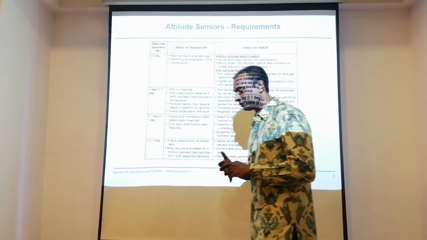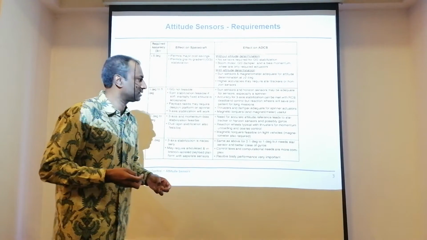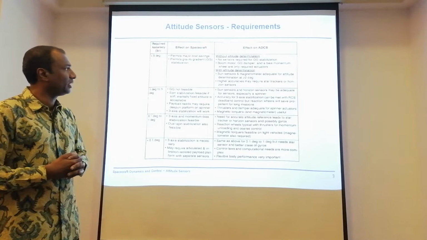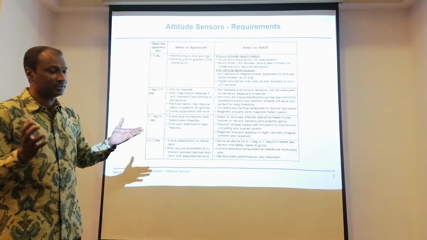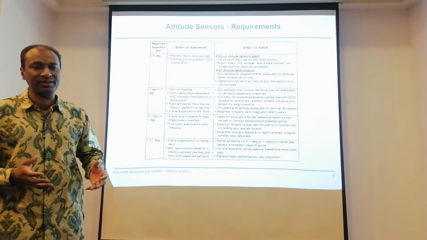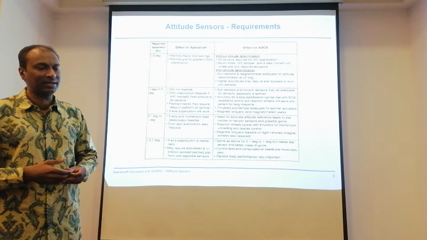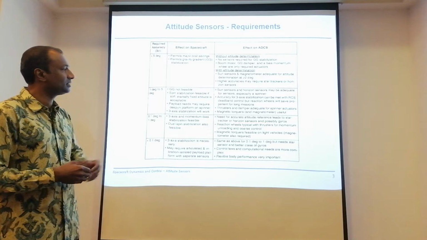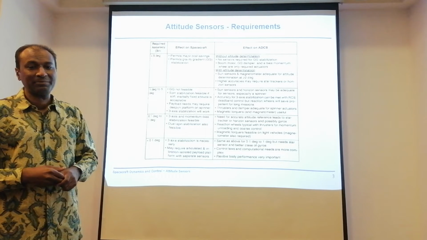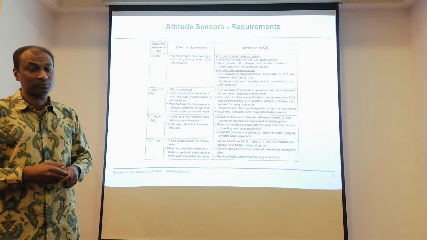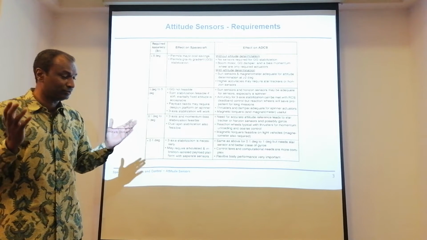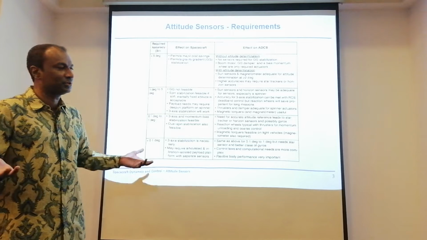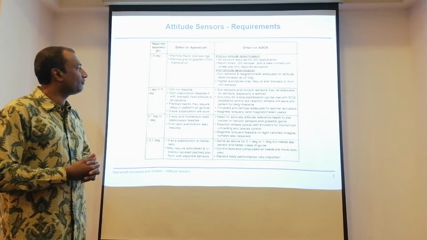I guess we have also discussed this in previous lectures. When you look at all these options that we have, the most primitive way is a gravity gradient stabilized satellite. You cannot expect much attitude accuracy, not better than about 5 degrees. Technically, it is a passive way of stabilization, which means that you don't depend on any sensors. There's even no point in having sensors because you can't control it. So it's like a free fall, as you can see.